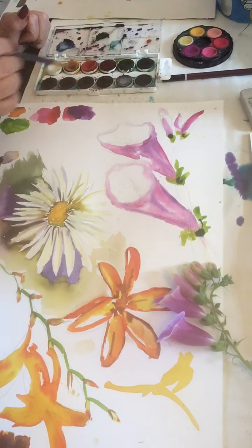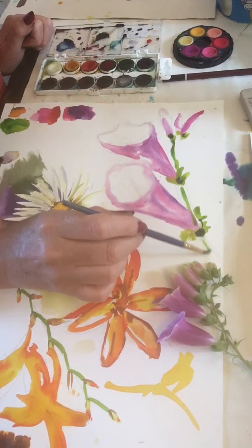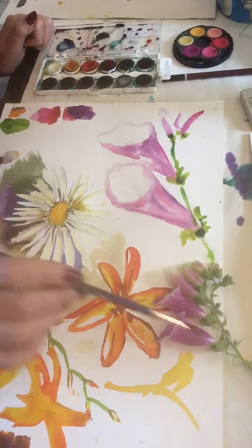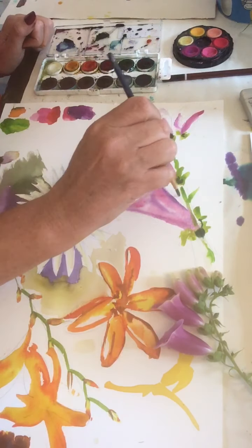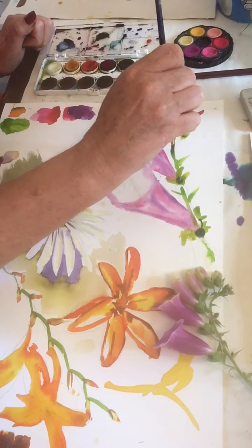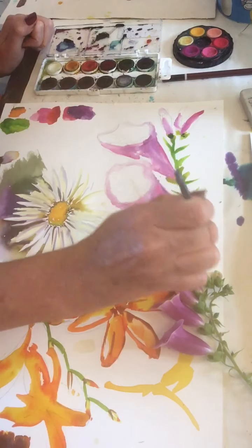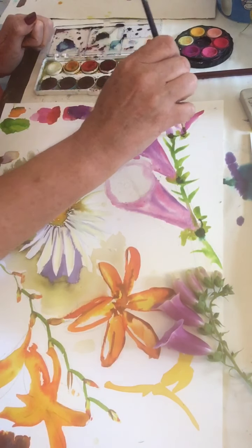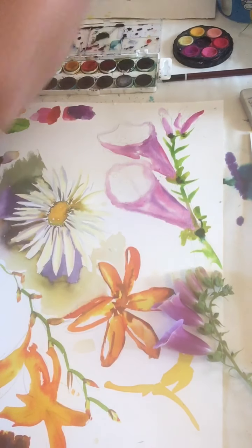And then back to my stem. And then the stem actually has lots of nice little kind of brushy leaves. So I'm just going to do each leaf as a little brush stroke. Simple as that. Job done. Okay. I'm now going to come back to these